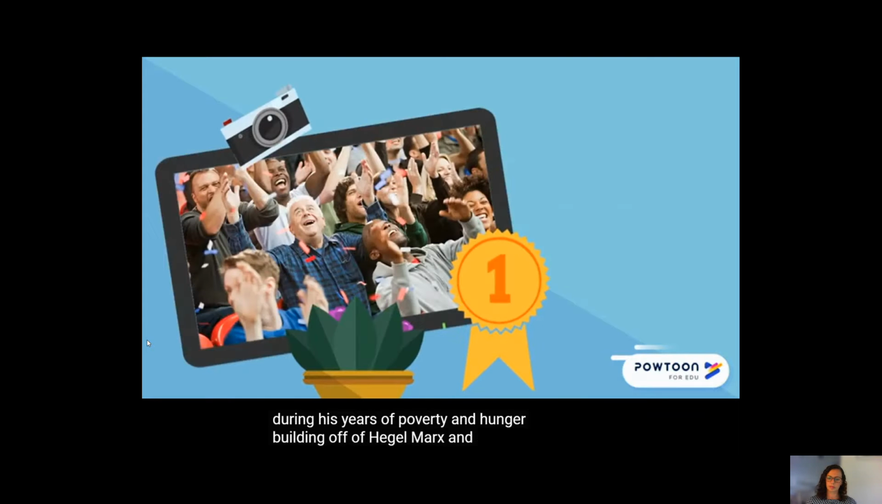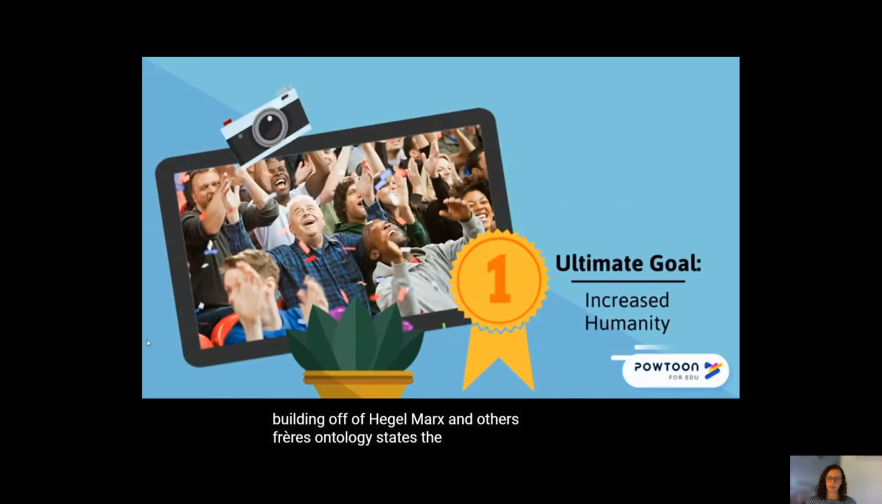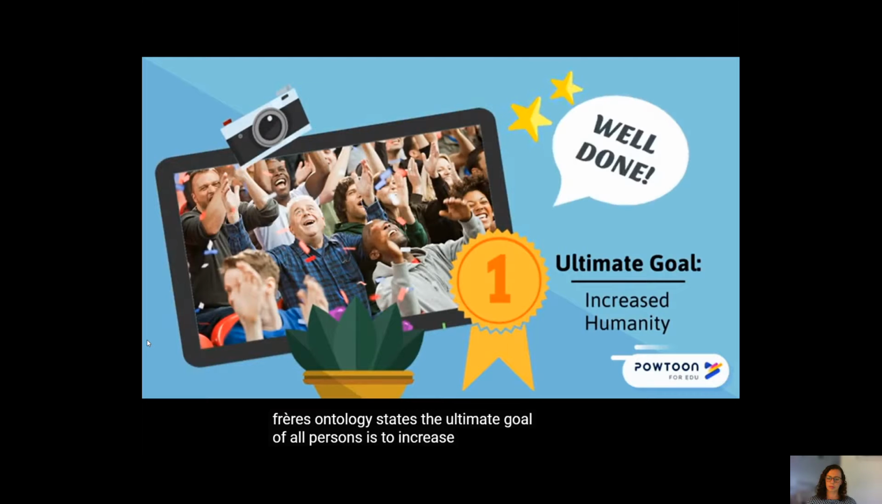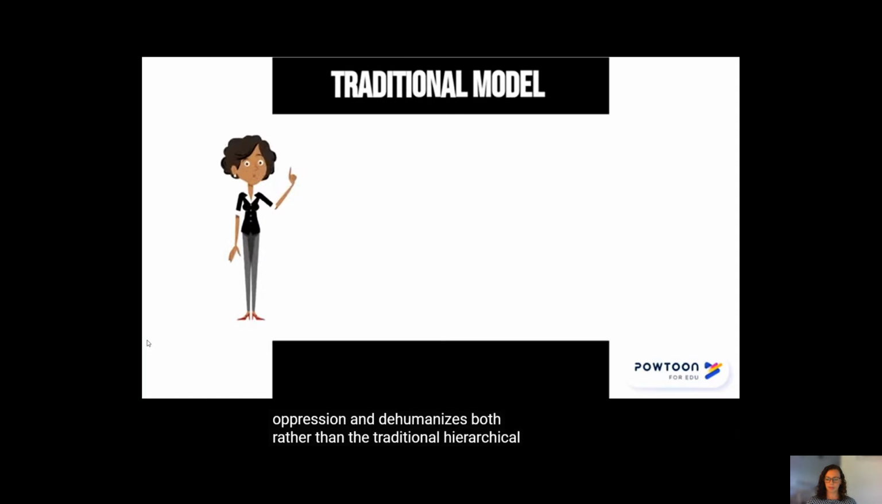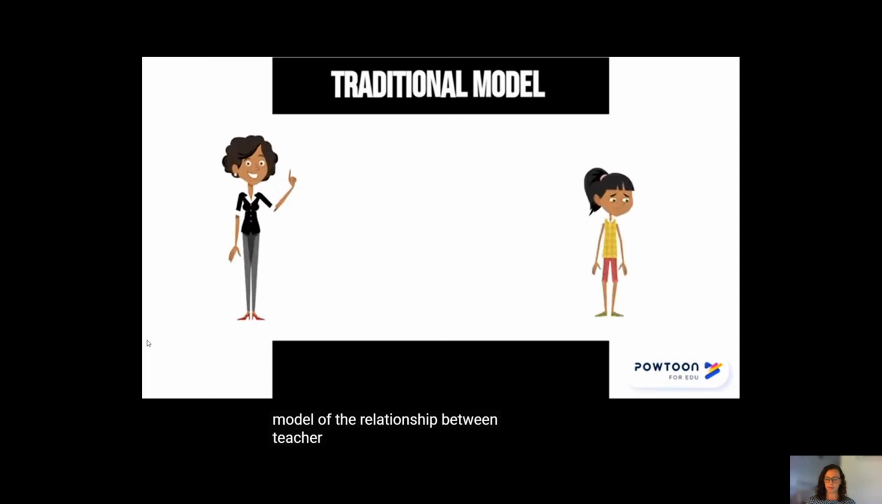Building off of Hegel, Marx, and others, Freire's ontology states that the ultimate goal of all persons is to increase, not decrease, their humanity. In the same way that the colonizer thinks his own ways are always best, the teacher who sees students as hollow vessels is participating in a process that discourages critical thought, perpetuates oppression, and dehumanizes both. Rather than the traditional hierarchical model of the relationship between teacher and student, where the teacher is firmly above the student,